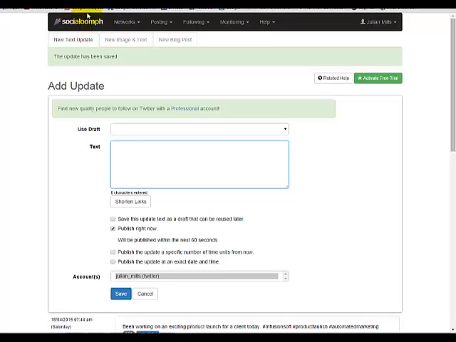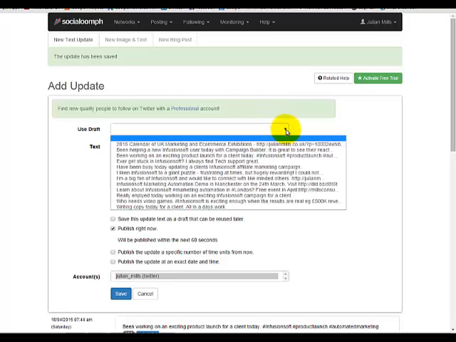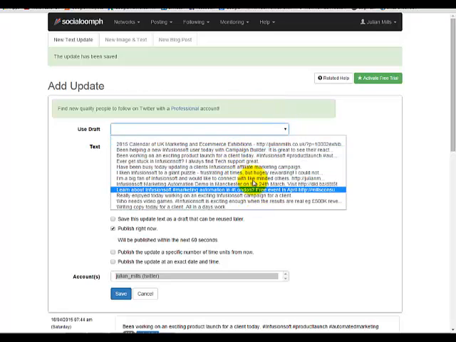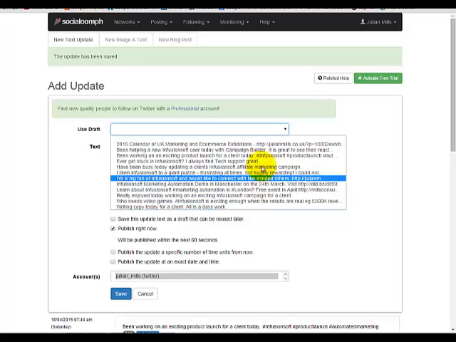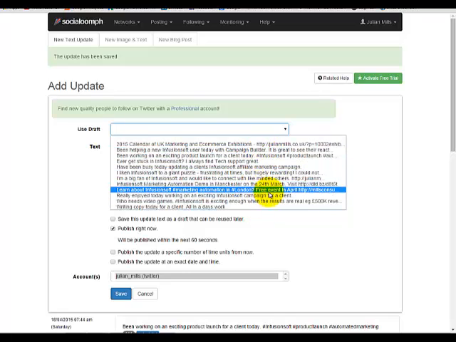So I've already logged into Social Oomph, and what I can do is have pre-written tweet templates here. I've got a few here. I've got to build some more of these. And what I can do here is every, say, Monday morning, I might spend 10 minutes on this, and I will quickly go through